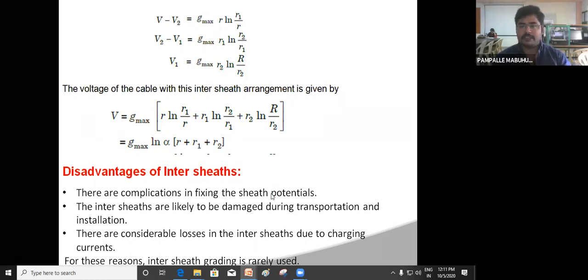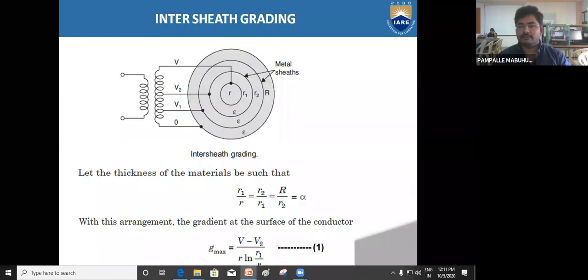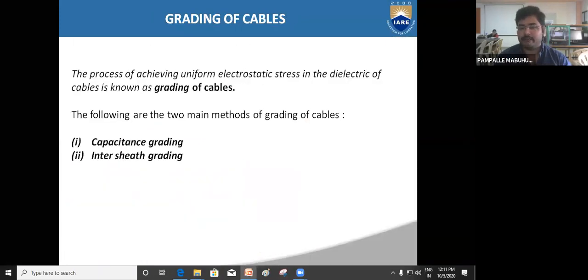So this is about the grading of cables. There are two types of grading of cables: capacitance grading and intersheath grading. The main aim of grading of cable is to achieve uniform dielectric stress. So in capacitance grading, you will use different dielectric materials, but in intersheath grading, you